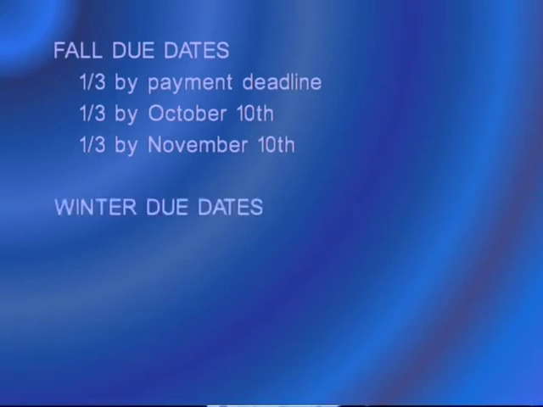DPP is designed to give students the opportunity to make 3 equal monthly payments throughout the quarter. For example, a student taking advantage of DPP for fall quarter will pay at least 1/3 of the fall quarter fees by the fee payment deadline, 1/3 by October 10th, and the final third by November 10th. At the end of November, they will be billed for winter quarter fees, which are due in December, January, and